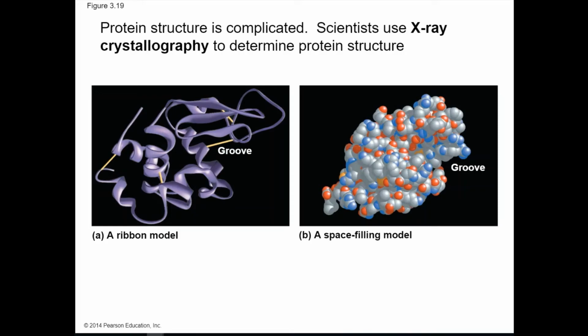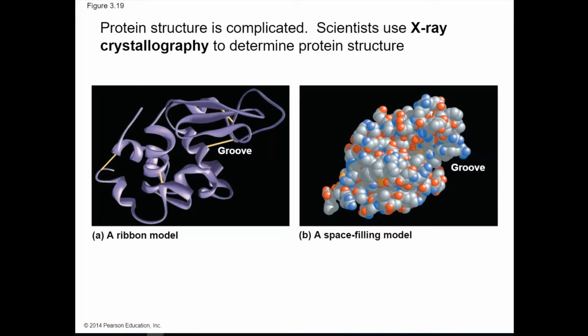So now that we've talked about amino acids and how they join together, we can start talking about the complicated structure of proteins. This is usually something that scientists cannot predict, and they actually use X-ray crystallography to determine it. There's many different intermediate structures that proteins go through on their way to their final stable shape. We're going to talk more about that when we review cells, and we're going to talk about how proteins are